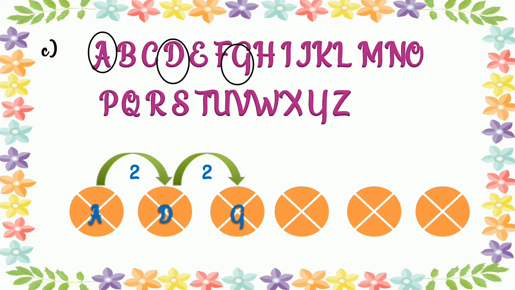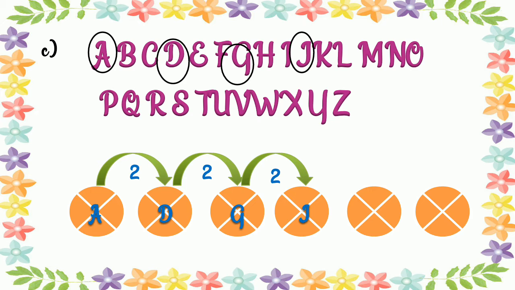Okay, now next, which letter comes next? So we cut another two, H and I. So we have J. J is the answer. So how many letters do we cut? We cut two letters and write J. So H, I we cut and write J. So J is our answer.